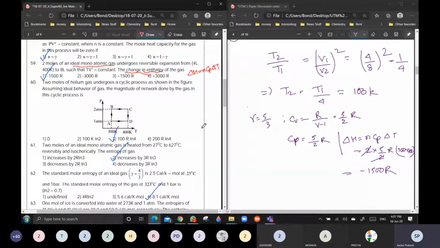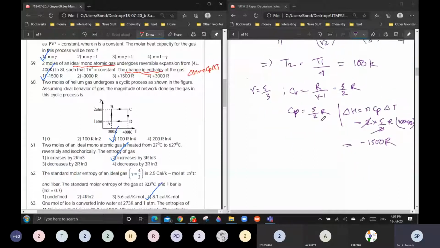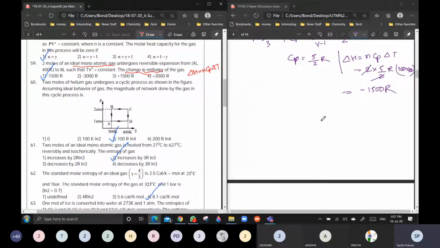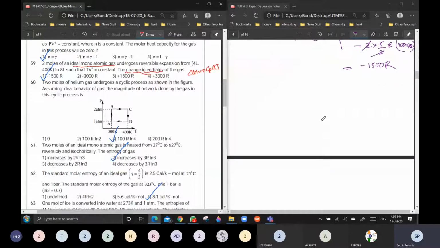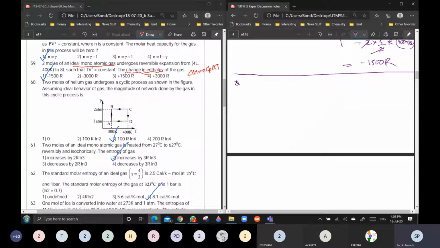Okay. So you see, they have given a PT diagram. And they're asking the magnitude of net work done by the cyclic process. Now you see, if a PT diagram is given, you have to convert it into a PV diagram to get the net work done. Okay. So what we have to do here is, we have to,